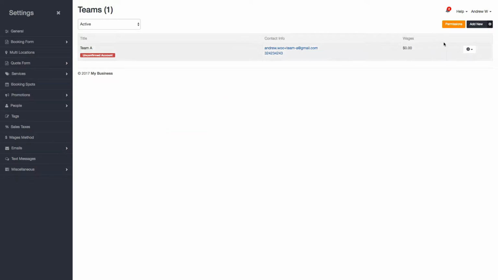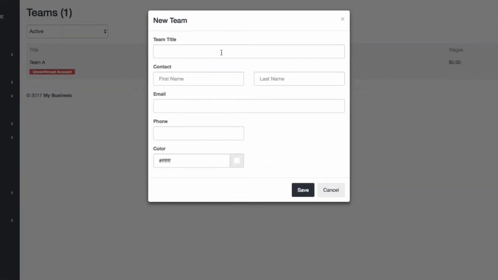Okay, so to create one, you just want to click on add new. I'll call this team D. Each team has a title, and this is what you'll see throughout the system. We don't show their contact information. This is just a cleaner, easier way. So Danny Smith. Email will be